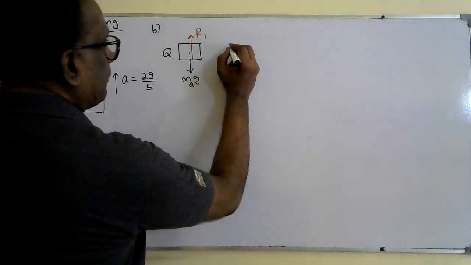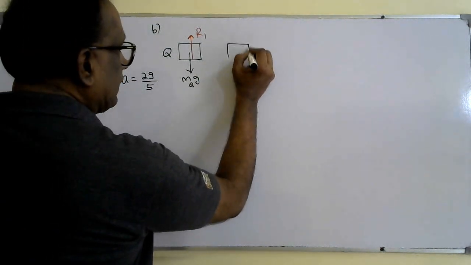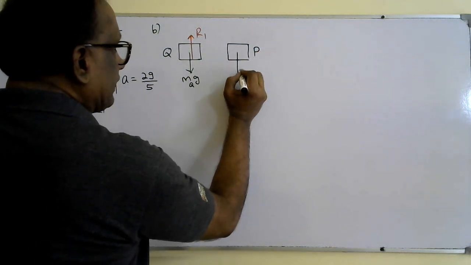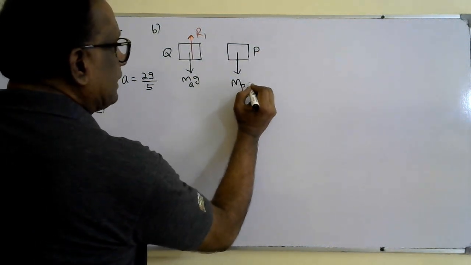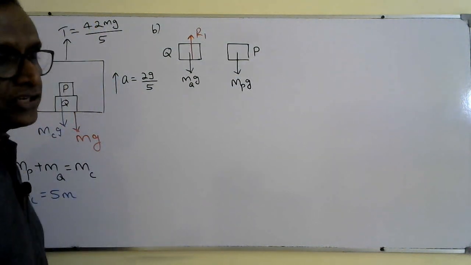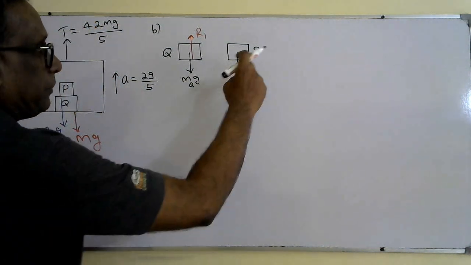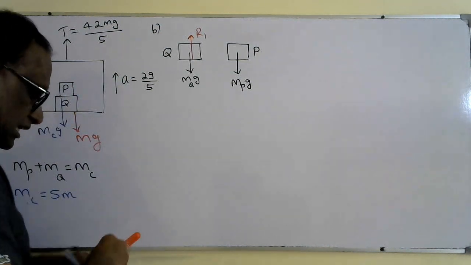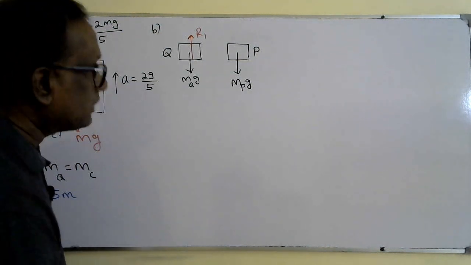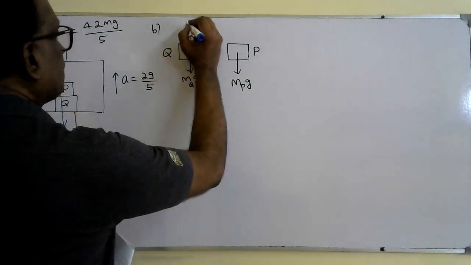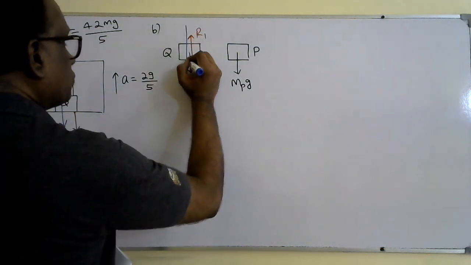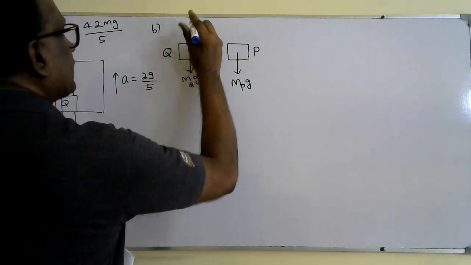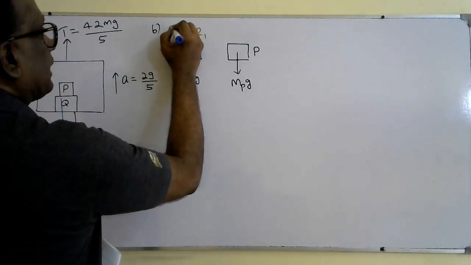So when I draw the free body force diagram for P, this is P. P has its own weight which is acting in the downward direction, that is mpg. The weight of P will act on P. P is resting on Q, so P will exert a force on Q, the contact force on Q. If I say that force exerted by P on Q is R2, this way,